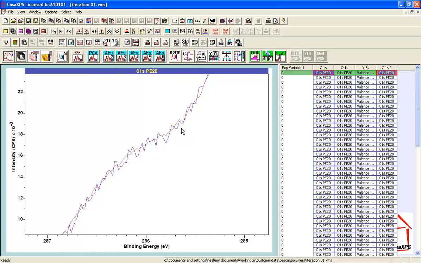Now the reason why I would like less noise in the carbon 1s spectra is because I would like to form difference spectra, and these difference spectra by their definition will be subtracting 2 spectra, and subtraction tends to amplify noise, so the less noise I have in the data, the better this calculation will be. Now what I'm going to do now is demonstrate that it's possible to extract from data spectral shapes that actually make sense. It's not always going to be the case that this is true, but for these data it is